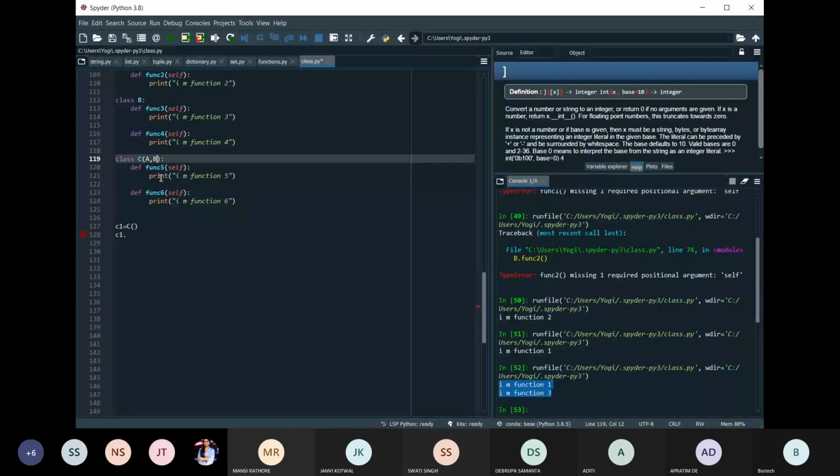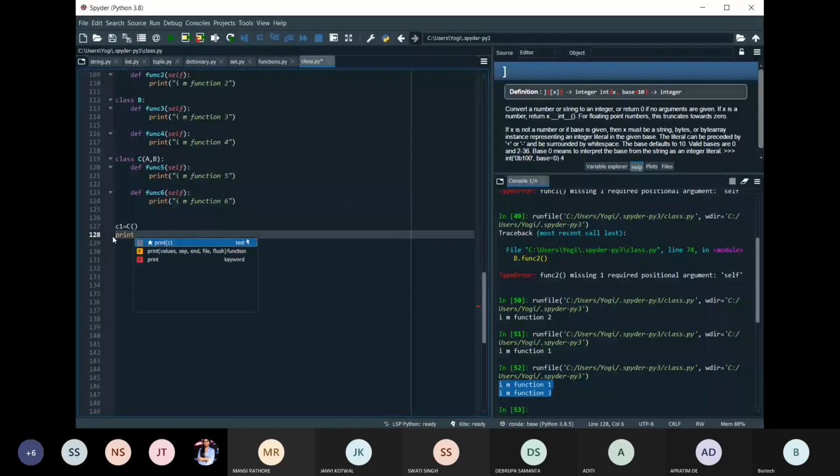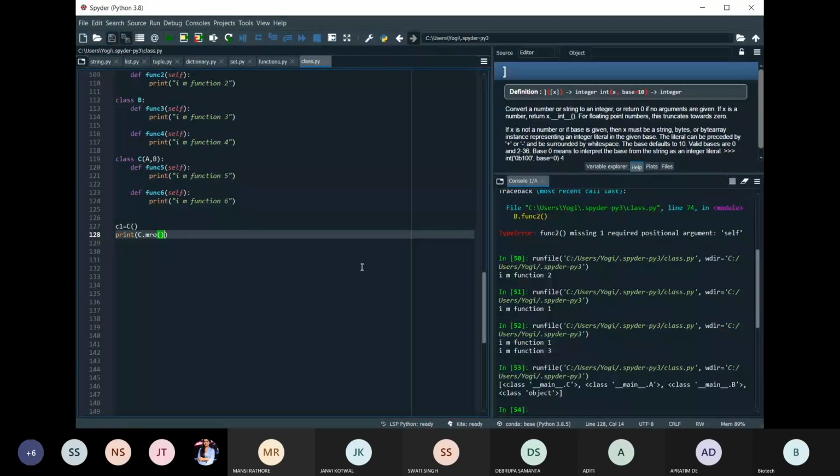So if I do something like this, print C dot MRO. See what happened. You can see first the class C, its own class, then it is going into the class A, then the class B, and then the object.